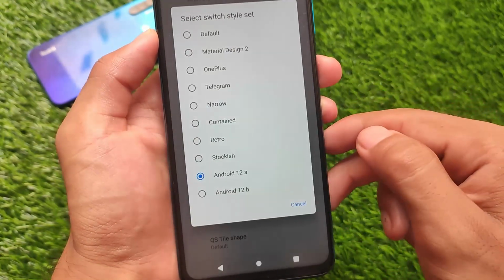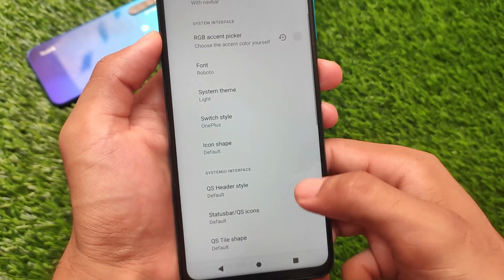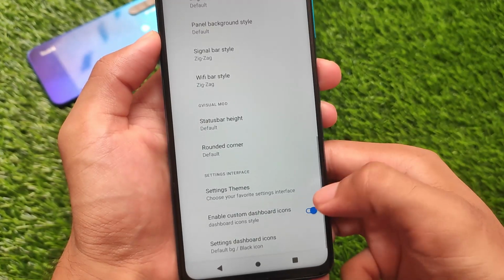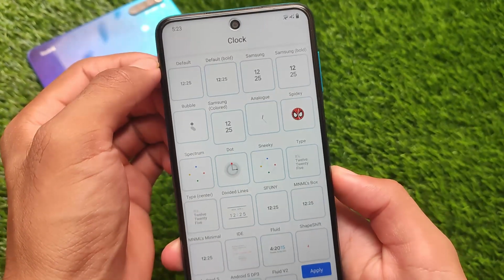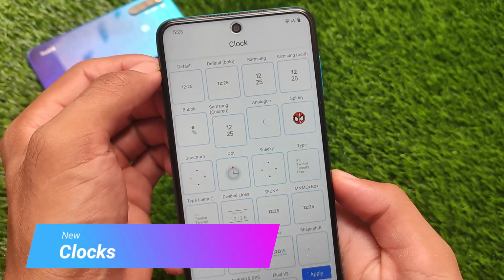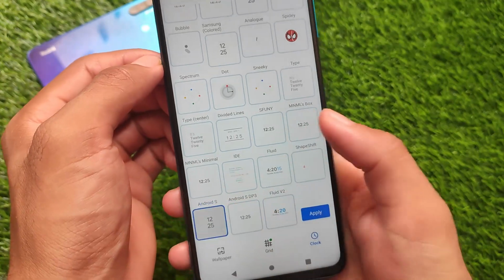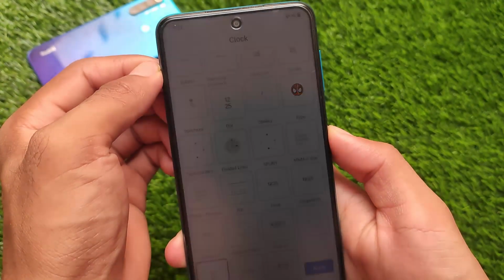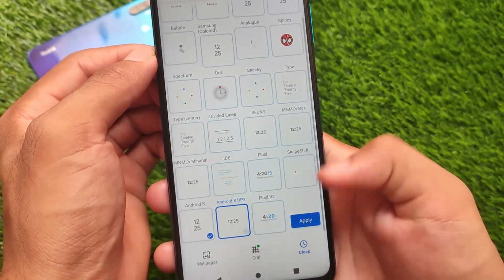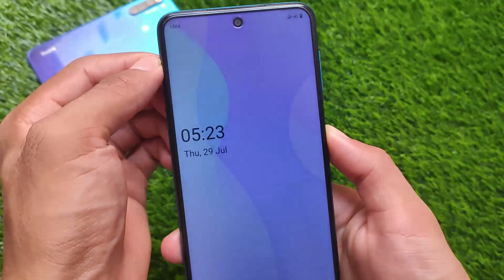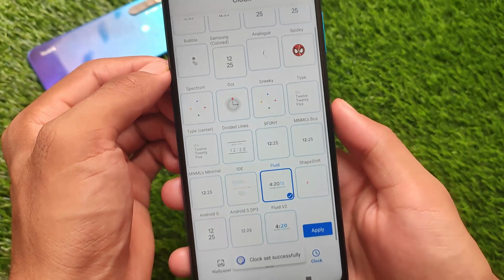And like this, if you want to check out other switch styles, we have OnePlus, Telegram, Material Design, and the OnePlus switches are kind of normal ones. These are normal OnePlus switches, so basic things are out there. In terms of clock customizations, we have some new clocks available for you. If you check out these clocks, of course, MNML Xbox, Sneaky, MNML Minimal, and all these clock styles are already present. But of course, with Android 12 style switches, right now all the custom ROMs are getting all those Android 12 features. For example, this kind of clocks, the new volume panel, these kinds of things are almost the same and normal things going on.